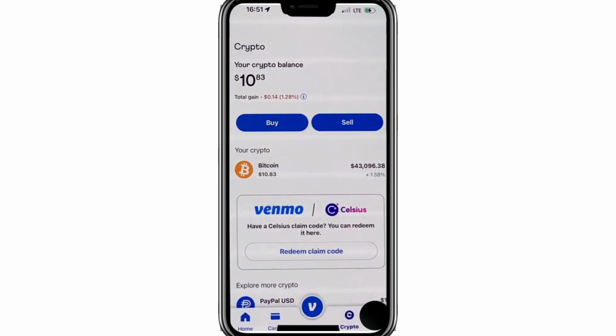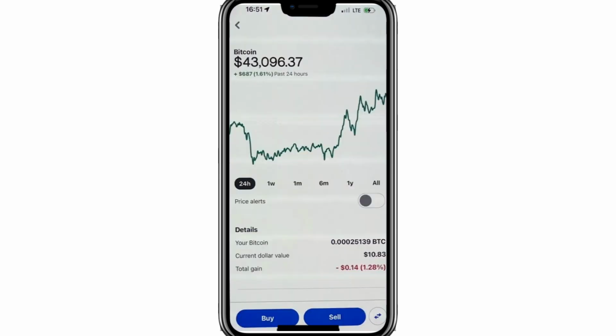To send Bitcoin, tap on the Bitcoin option. It's marked with an orange logo and the label Bitcoin. After tapping Bitcoin, you'll see a chart showing the current price and history. To move forward with your transfer, tap on the directional arrows icon located at the bottom right corner of the